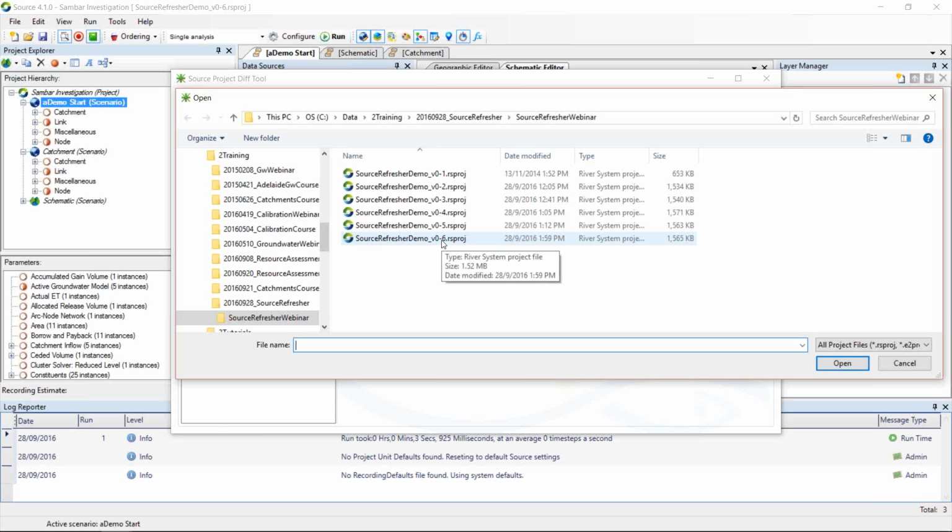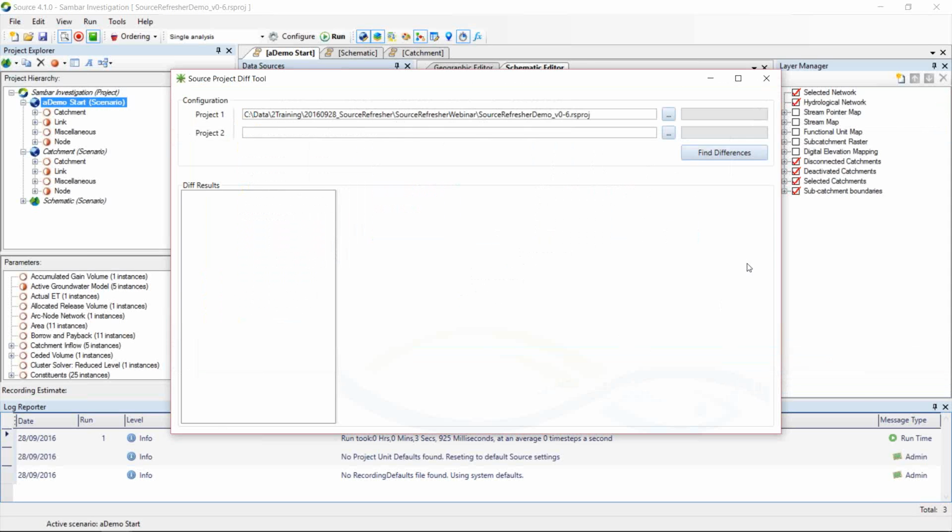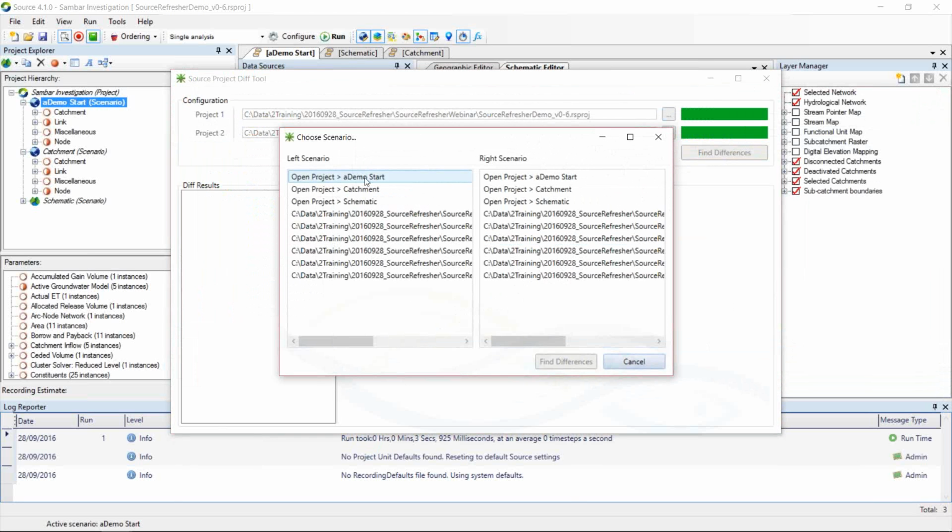It doesn't have to be related to the one that we're currently viewing. So I'll open 2 copies of the same project, in fact. Clicking the Find Difference button will actually just load those 2 projects into Source. Here we're actually loading the same project twice. Now I can choose which scenarios within those projects I'd like to compare